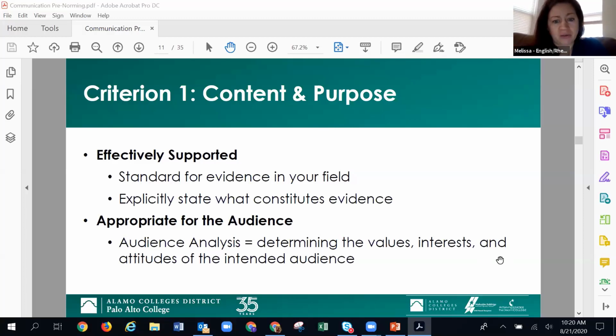So all of this should be tailored to an expected audience, be it academic or professional. And again, one way you can help raters with this, and I don't think it's too awkward, is to actually describe or mention the ideal audience in your prompt. I've done it before. It feels a little weird if you've never spelled it out in the prompt: "For your audience for this paper, you should imagine..."